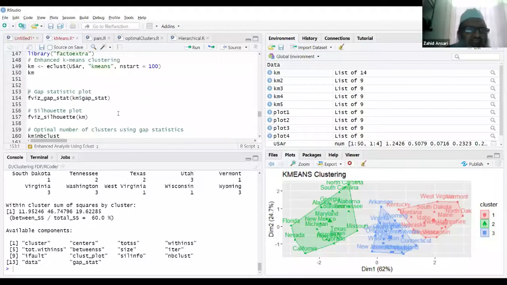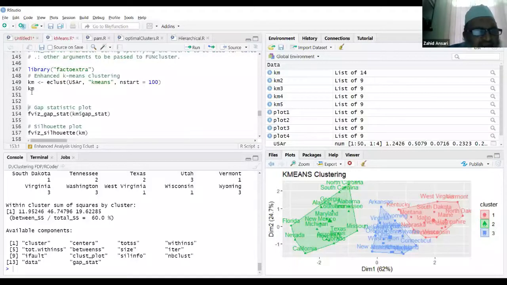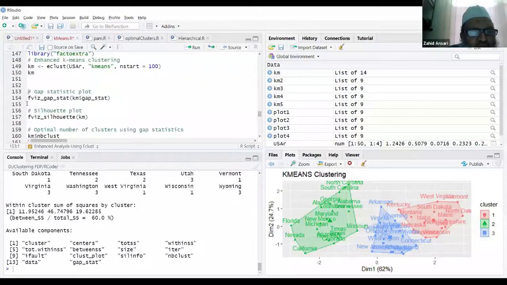Let's see, based on the output of eclust, let's say we want to visualize the gap statistics plot. So we are using the method fviz_gap_stat. What we have extracted from the output of eclust, the gap statistics, we want to visualize.